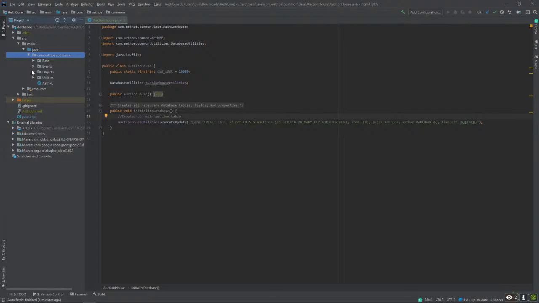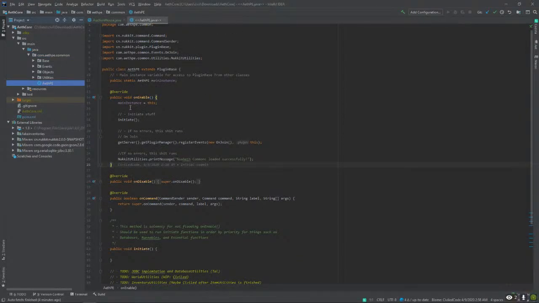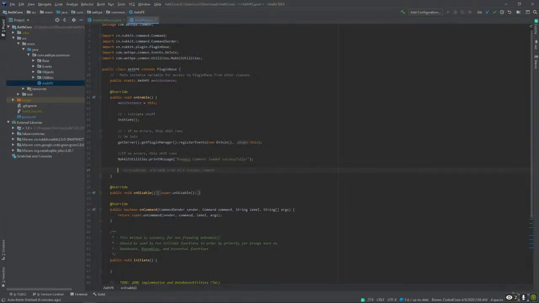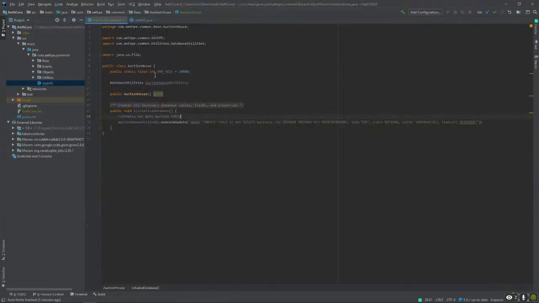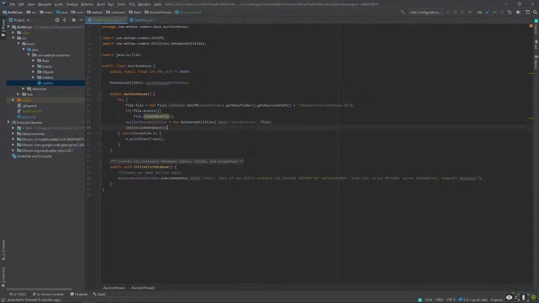Should probably build this right now actually and test it real quick. So auction house is equal to new auction house. I just need to do initialize database.